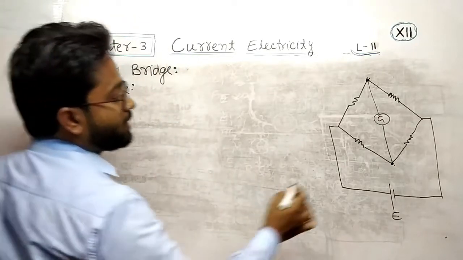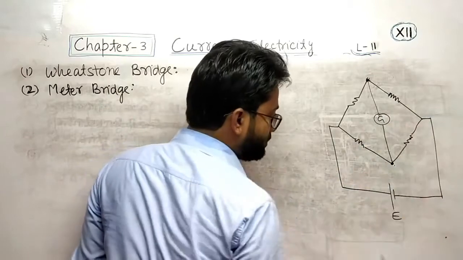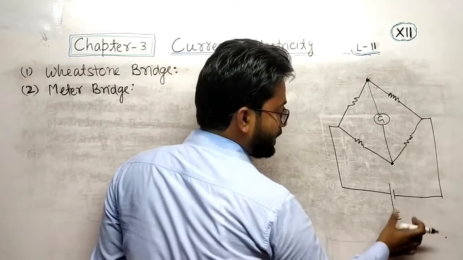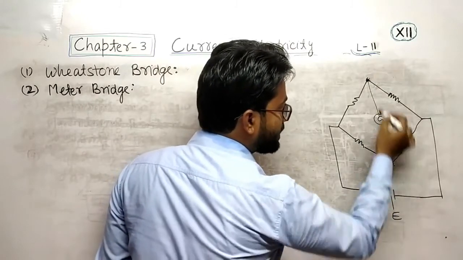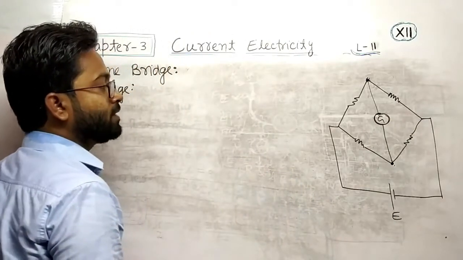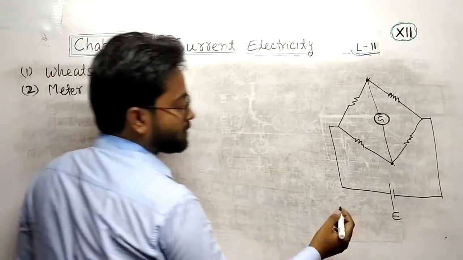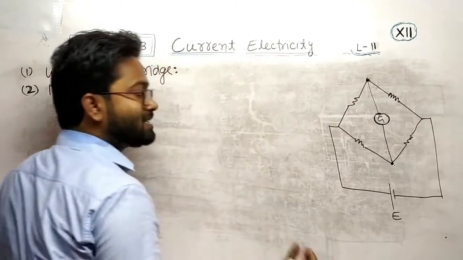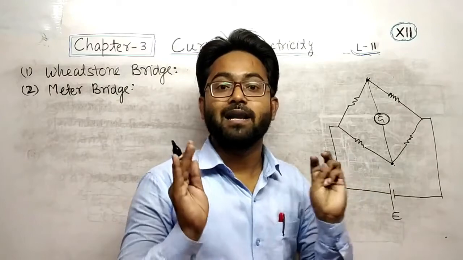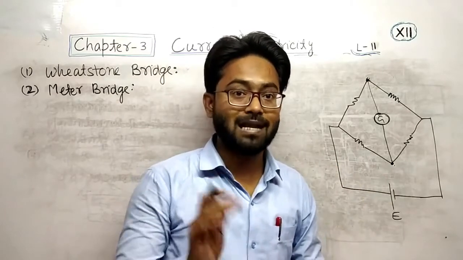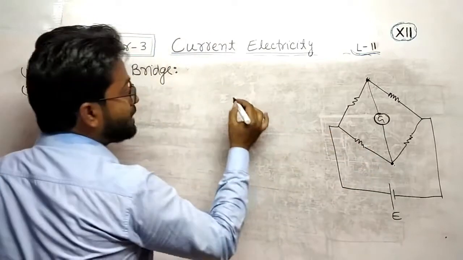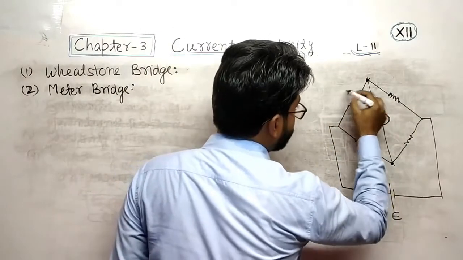Next, Wheatstone bridge is a system that consists of 4 resistors. One diagonal is having an EMF and another diagonal is having a galvanometer. If we talk about the condition, what is the condition when the Wheatstone bridge is balanced? If we talk about the balanced Wheatstone bridge,